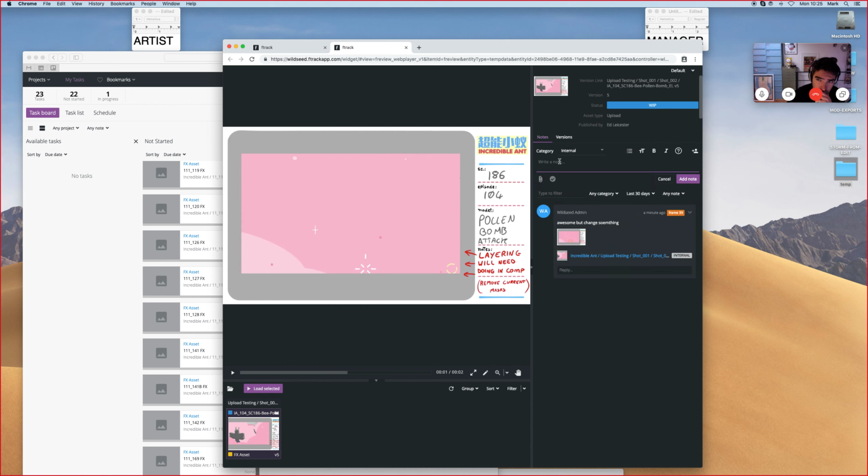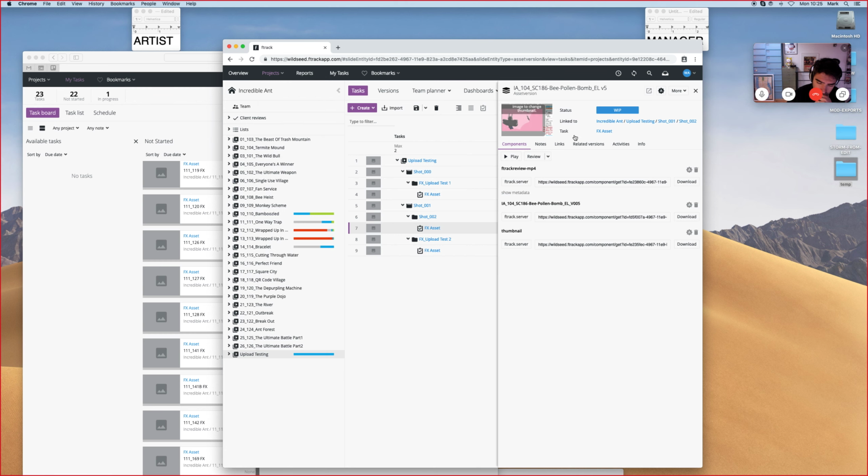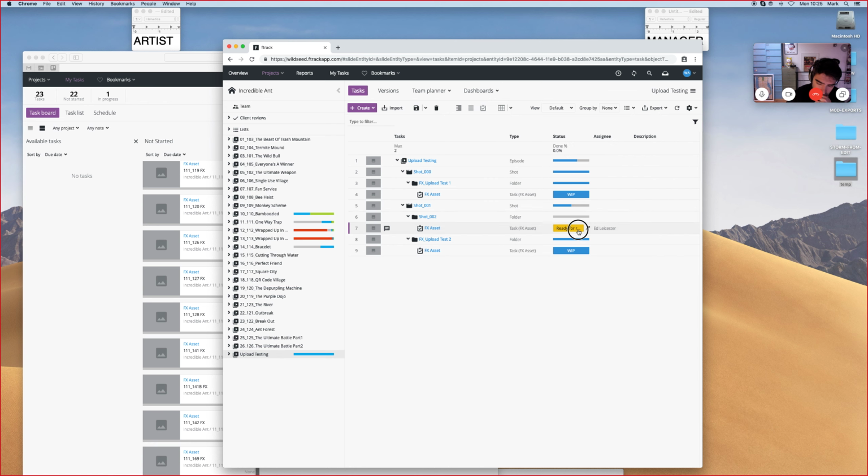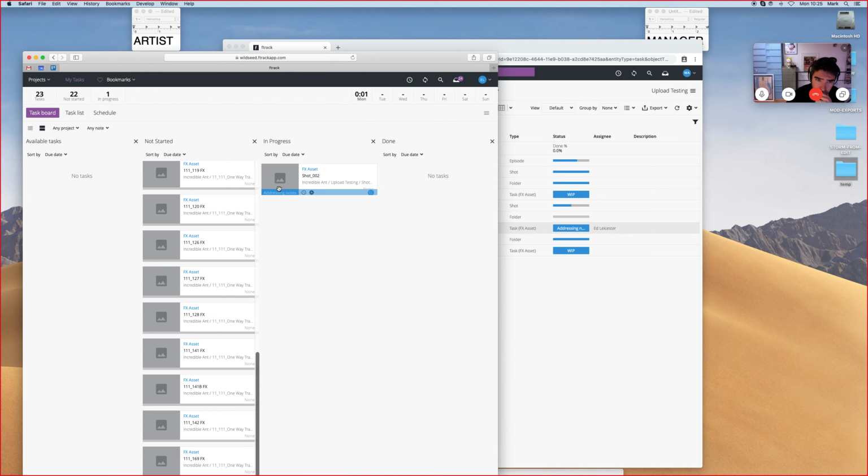I think you can also tag people if you want, if you press @ and then type their username, or maybe not. But Ed is assigned to the shot, so he'll get notifications for all of these comments. Then the manager, once they've entered their notes, just needs to set the status of the task to addressing notes, which is the next one. So addressing notes, so hey, it goes back to blue, and Ed gets a notification that he's got some notes